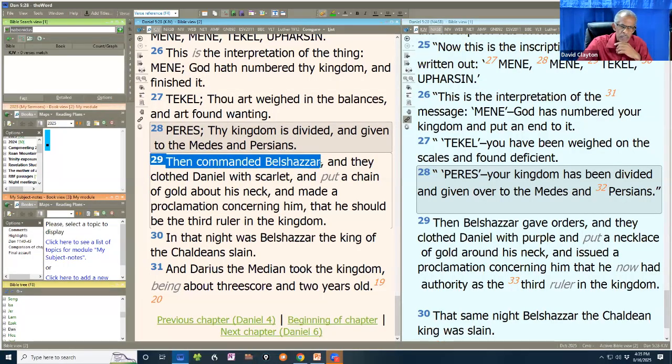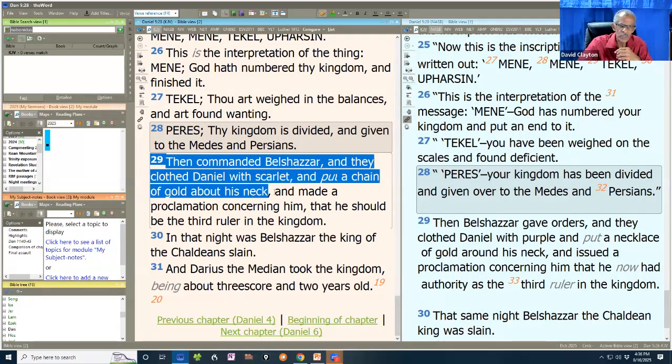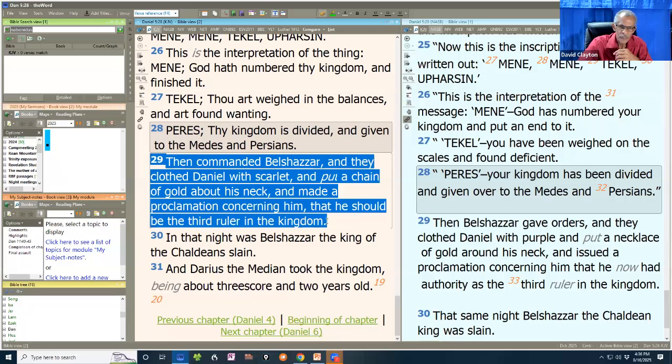He goes ahead with his plan anyway. And they clothed Daniel with scarlet and put a chain of gold about his neck and made a proclamation concerning him that he should be the third ruler in the kingdom. All right? They give him the reward regardless of whether he wants it or not. But it goes on to say,